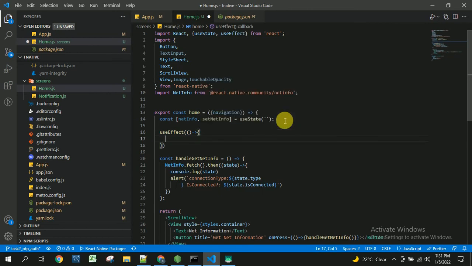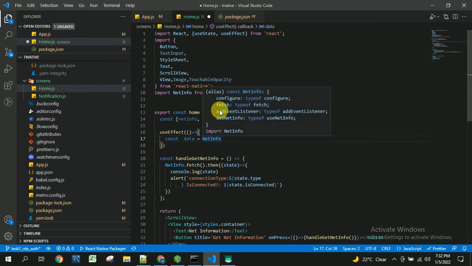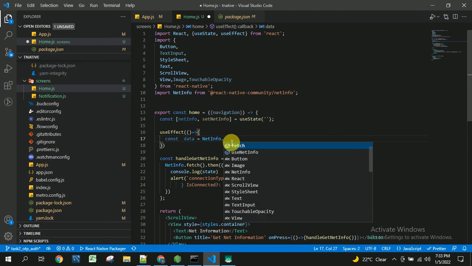Now we will take a variable here called some data is equal to NetInfo. In this NetInfo we have different methods here. As we should know once the user is disconnected from the internet, or once the user goes online or offline, we need to get that information automatically.